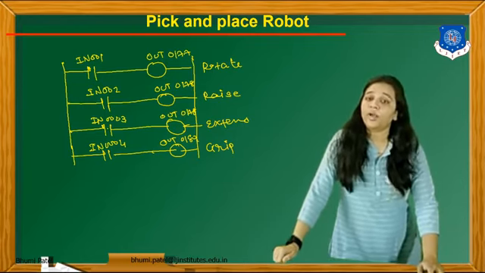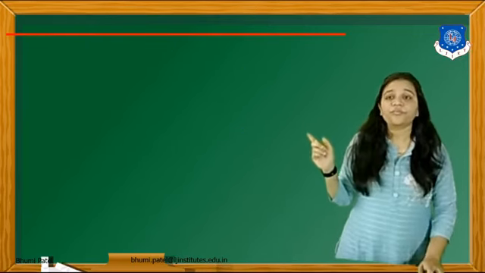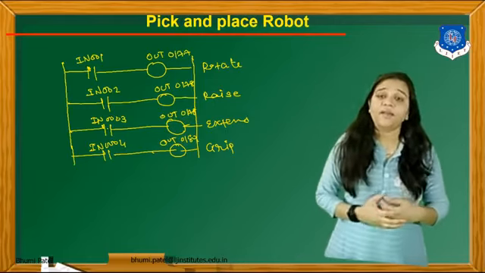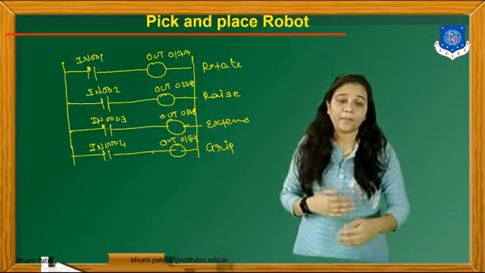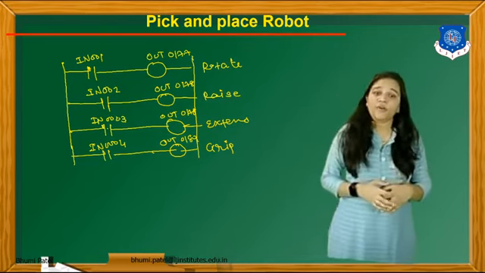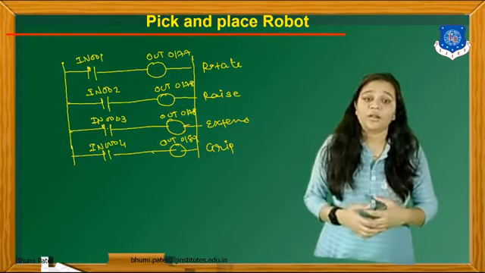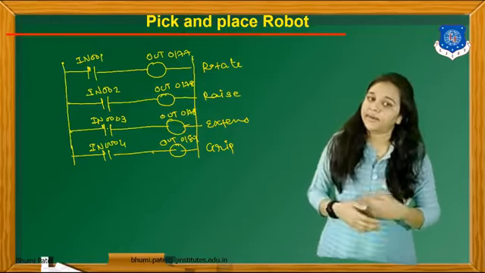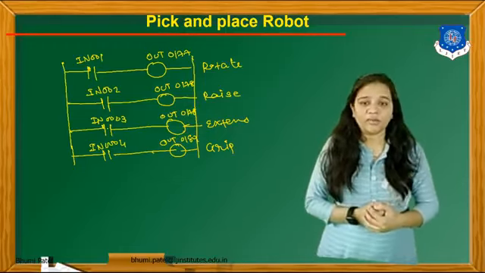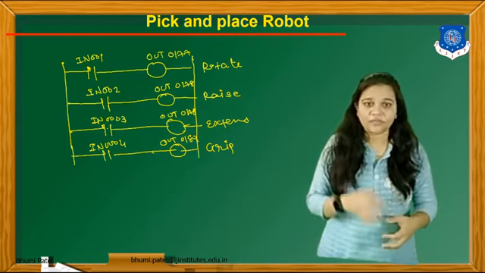But there are some problems that arise whenever we deal with this type of program. As you remember in chapter number 5, we can take one example, motor forward and reverse. At that time my output is only one motor, but we have to rotate the motor in the forward direction and the reverse direction. The same logic will be applied for this.